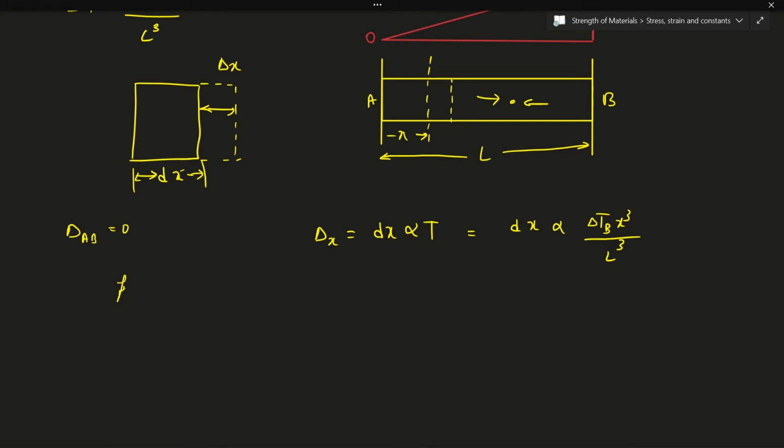Now for the free extension of AB, I'll simply have to integrate this from limits 0 to L, alpha delta T B divided by L cube into x cube dx, which gives me